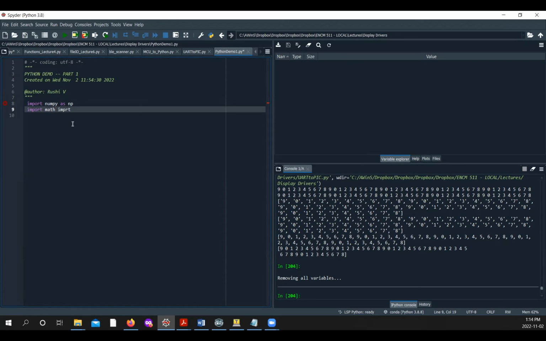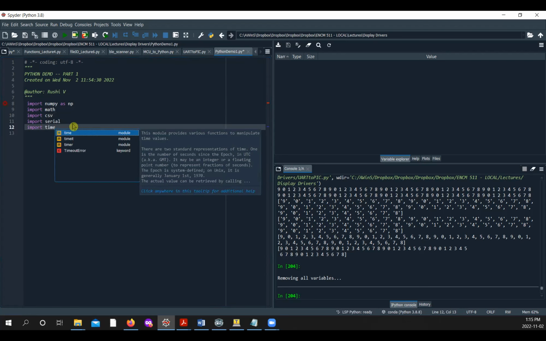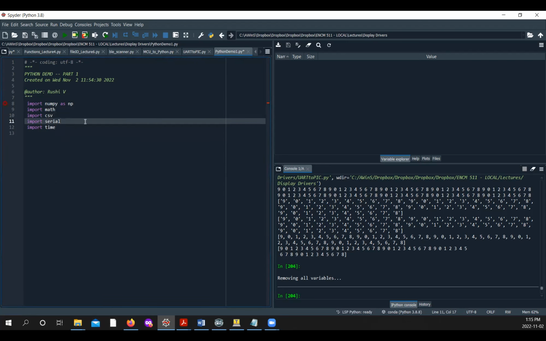You're going to be using CSV. Since we're going to be dumping data into CSV, we're going to be using serial. And we're going to be using some time delay based functions. Right? And so if you want to install serial, make sure you do it. Depending on whatever